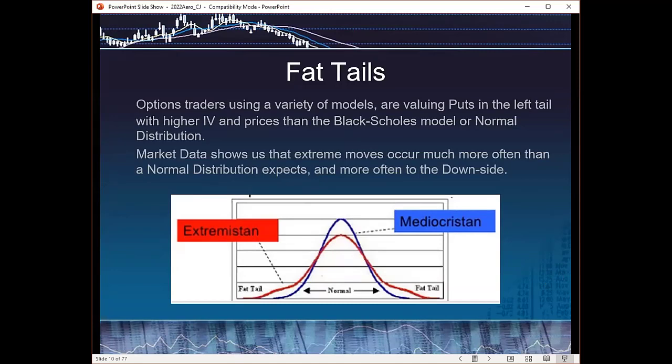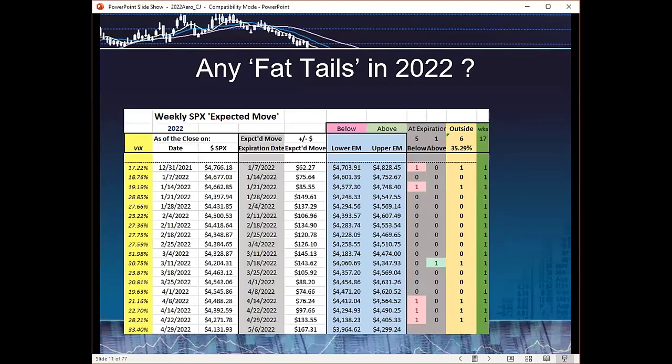I don't need to bring that up with today's example. Today we saw either the biggest move all year in the Dow, or we saw the biggest range move or second biggest range move in the NASDAQ and S&P this year, just today. Now, how often do these fat tails happen?